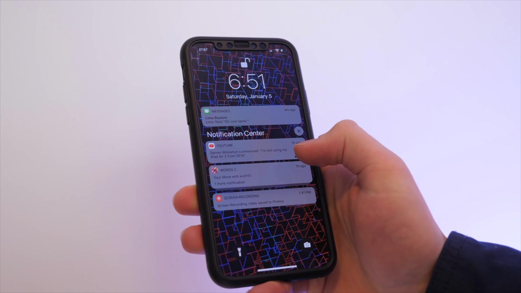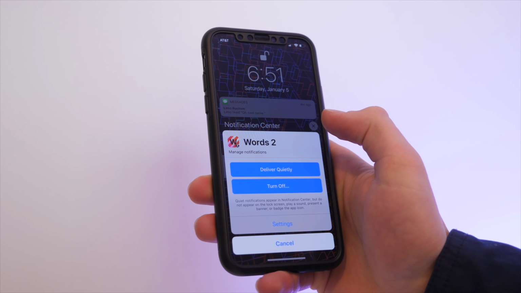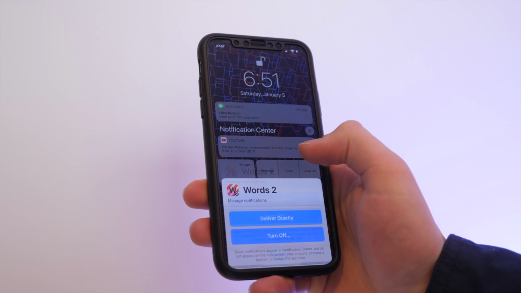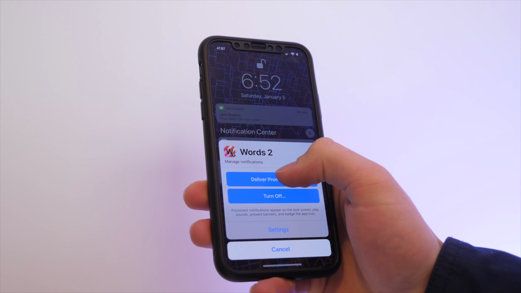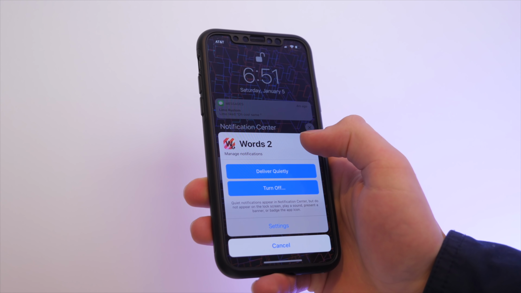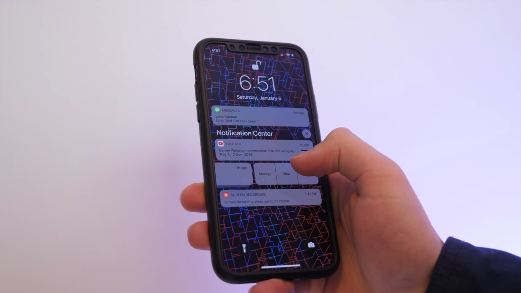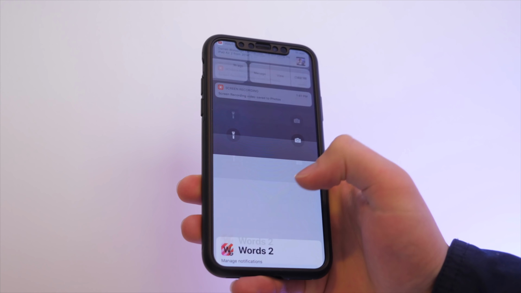Now, one of my favorite new features of iOS 12 is being able to quickly manage notifications. If you get a notification like in your lock screen, you can slide over and click manage, and it gives you some options. You can deliver quietly, which means that it will go to your lock screen without alerting you. So as I said in the Apple Watch tips video, if you have a particular app that is bombarding you with notifications, you can basically just mute that app very quickly, but leaving the rest of your notifications on by sliding over manage, turn on quiet delivery. It'll go right to your notification center without alerting you, without setting off your phone. That's a very neat trick. You can also quickly get into the settings for that app.